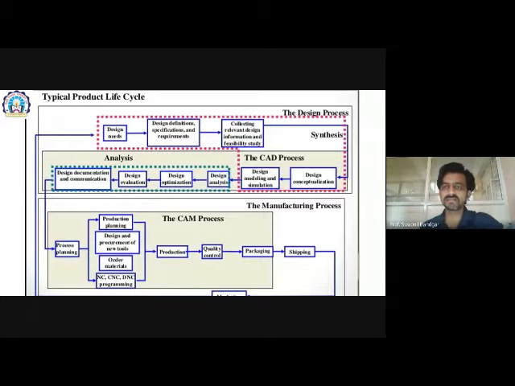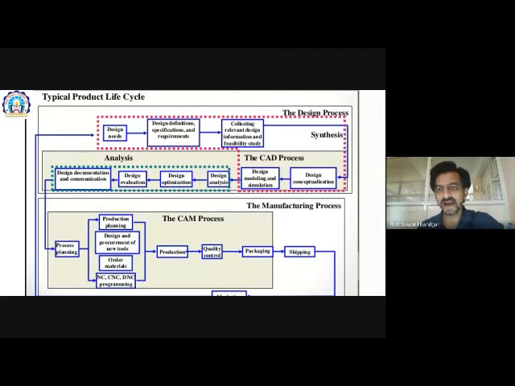And this is divided into basically two parts, that is the CAD process and analysis. So the CAD process is from the design needs to the design modeling and simulations, and then analysis is done in design analysis to the design documentation and communication.